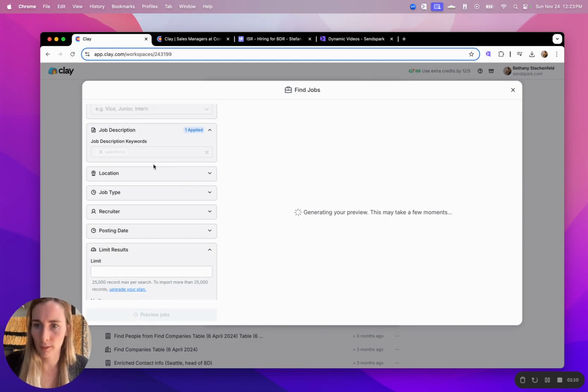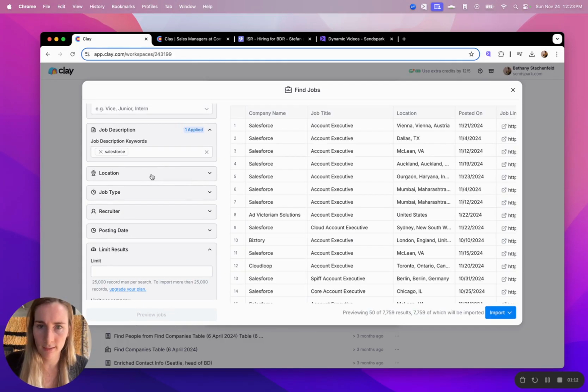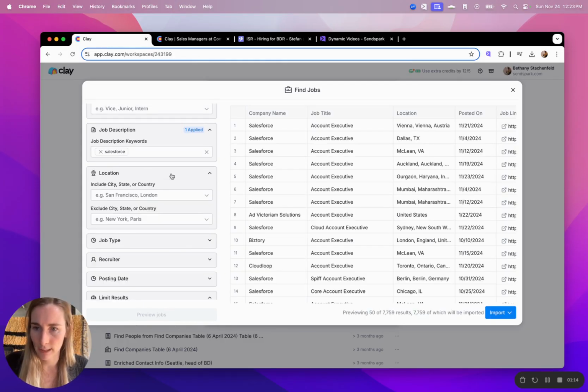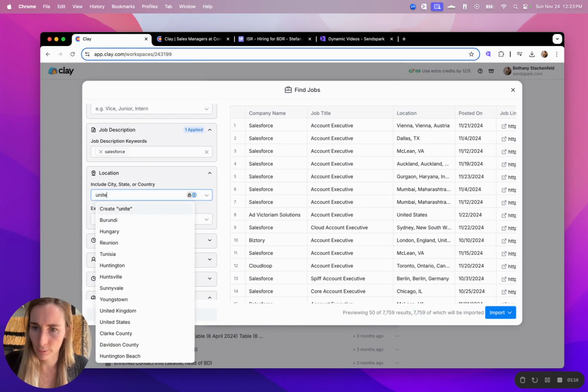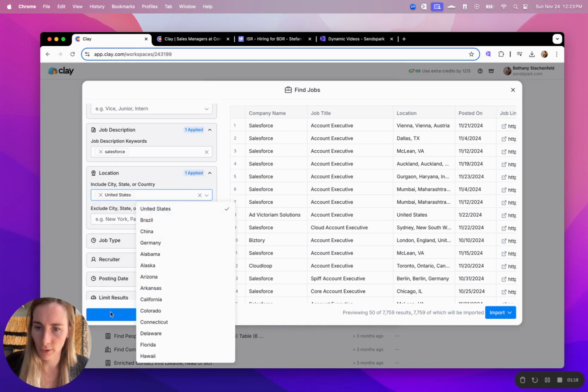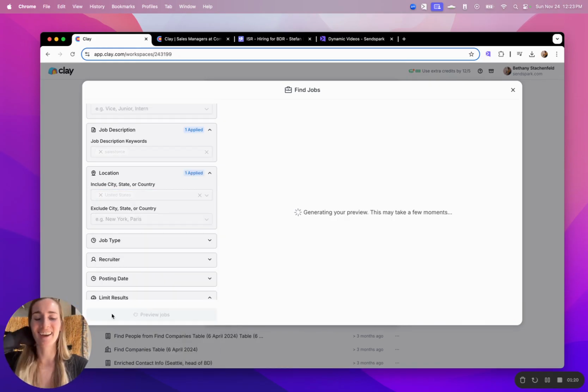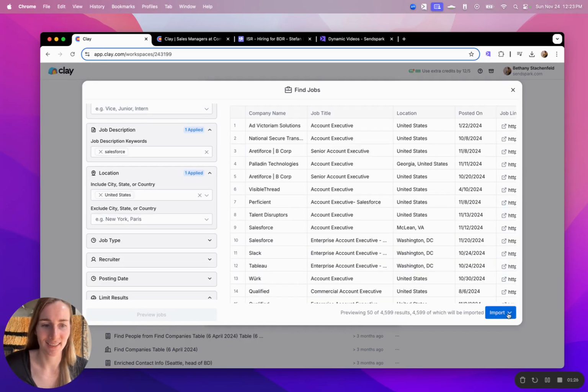And you can also filter this down more, like we could filter this to just the US. We can do more filtering. I'll just do a little bit more, but we're not going to use this for, okay, I was getting carried away. Okay, so we'll preview. And then once we have this, what we want to do is import this